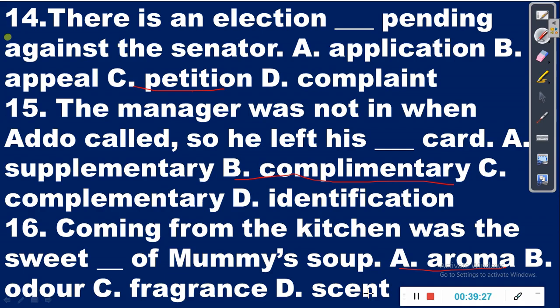You can talk of a bottle of scent. When you are going out, you wear the scent so that you will smell nice. So that is the meaning of this, but you cannot talk about the scent of mommy's soup. You can only talk about the aroma of mommy's soup. All right,